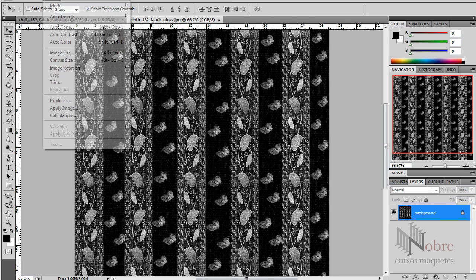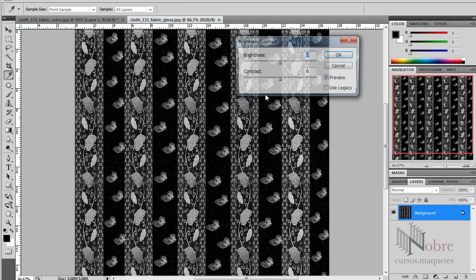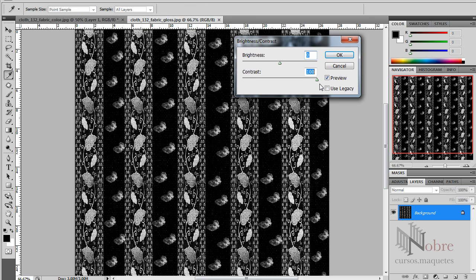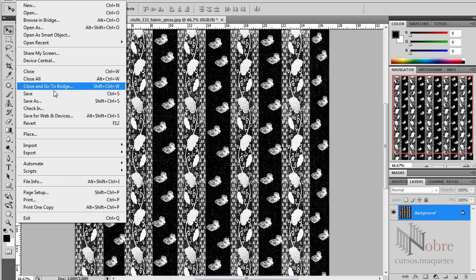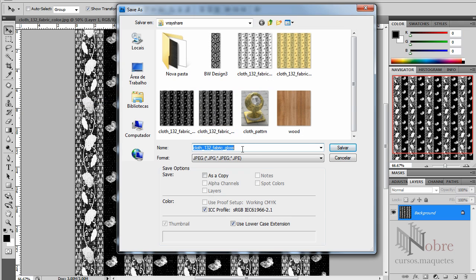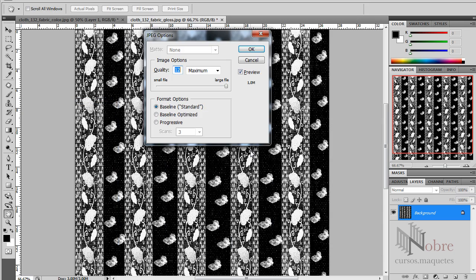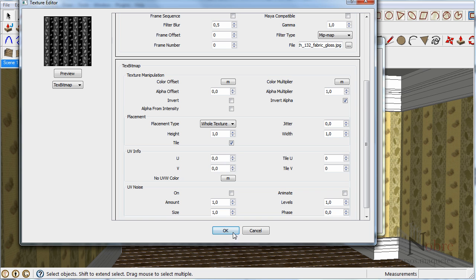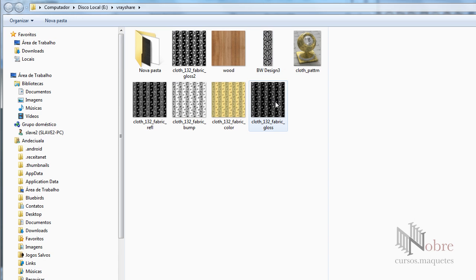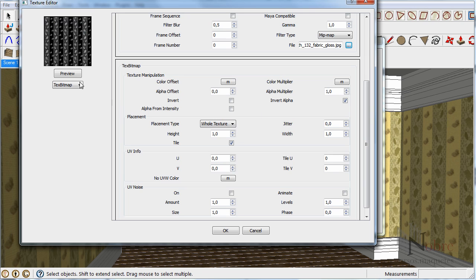and then go to File. Oh, I'm sorry. Go to Image, Adjustment, and Brightness and Contrast. I'm going to give it a little more contrast and a little more brightness. Okay, let's save it. Save as, and I will use gloss 2 and save it. Press OK, and then I will open my scene here and choose that bitmap with the glossiness 2. Open it, and